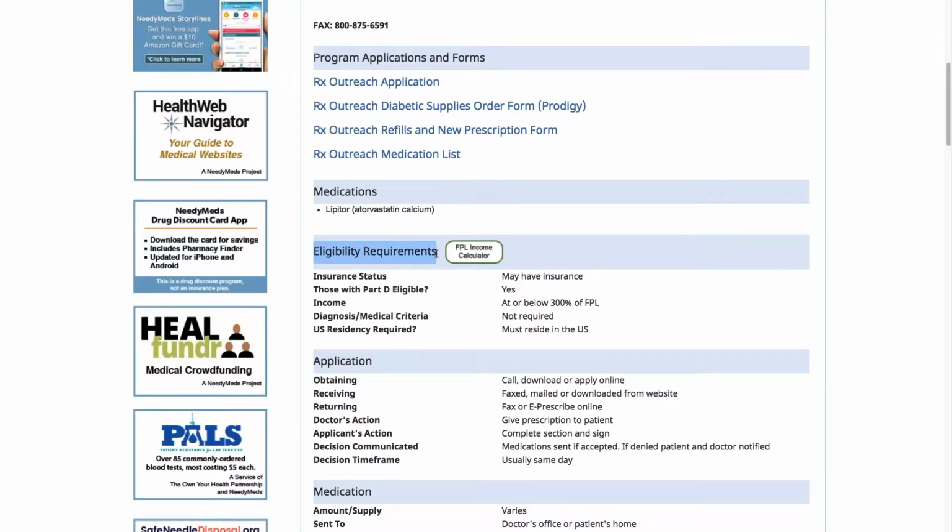As you scroll down, you'll also see a section for eligibility requirements. Now, as I said in the beginning, eligibility will vary from program to program, but it is almost always based on insurance coverage and income. And because the income requirements are based on a certain multiple of the federal poverty level, we put a handy federal poverty level income calculator right here. And I'm going to really quickly show you how that works so you can see how easy it is. You simply click on that,